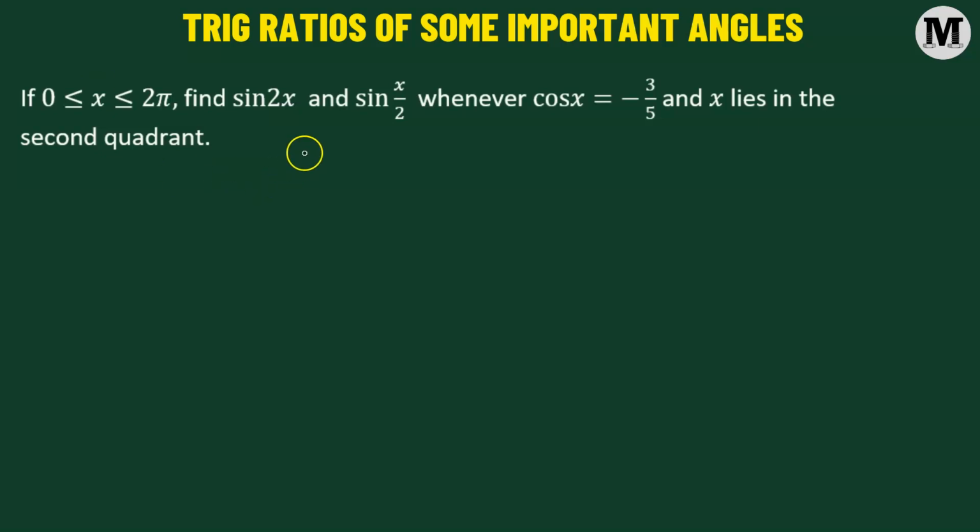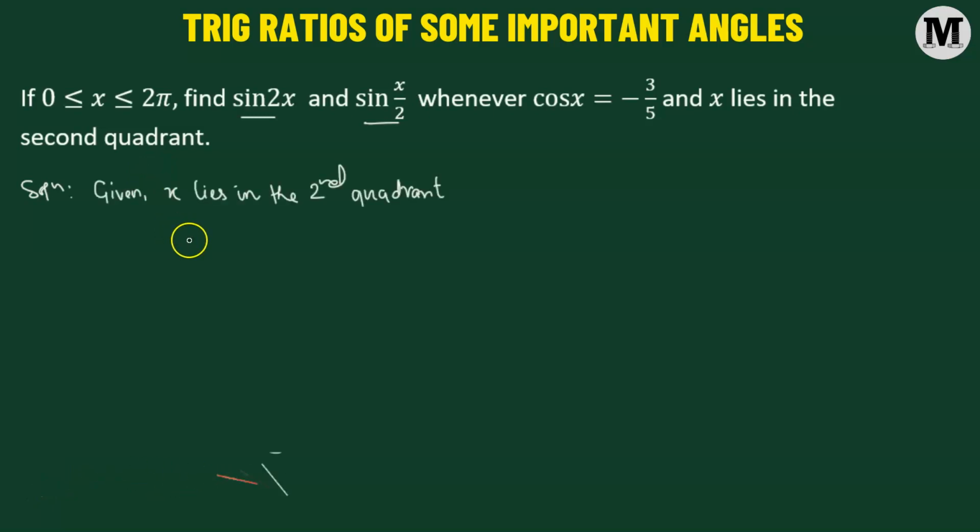So here in this problem, we need to find the value of sine 2x and sine of x over 2, whenever cosine of x is given to us and x lies in the second quadrant. So let us begin. We'll start with the condition that x lies in the second quadrant, which simply means that the value of x is going to lie between